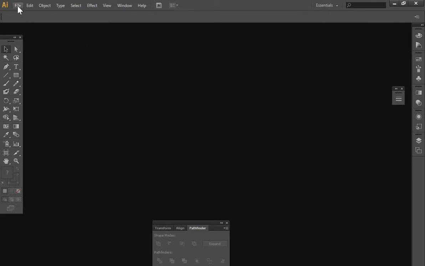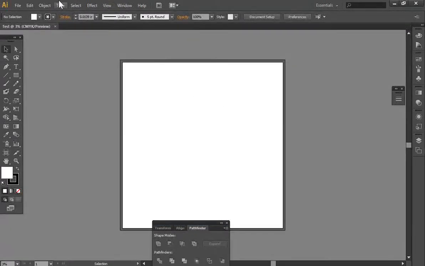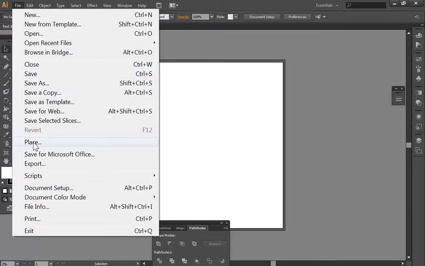And so what we're going to do is go File, create a new document. Let's see, we'll just name it Test here real quick. There we go. Now width and height, I usually just make it as large as I can, so I'm going to hit OK. And from there I'm going to go File, and I'm going to use the Place tool from